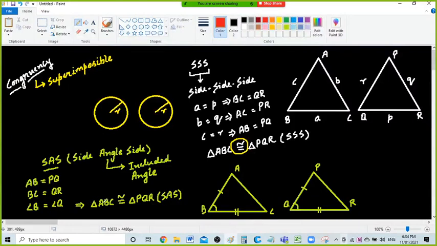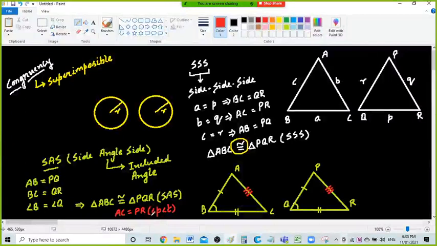See, I told you that these two triangles are congruent with the help of SAS. That means AC will be equal to PR, right? Because what I told you is that these two triangles are superimposable over each other, right? Like if you can put this triangle over this PQR, it will get superimposed over that, then automatically it should be of the same length as well, right? So what you have to write over here is the CPCT.